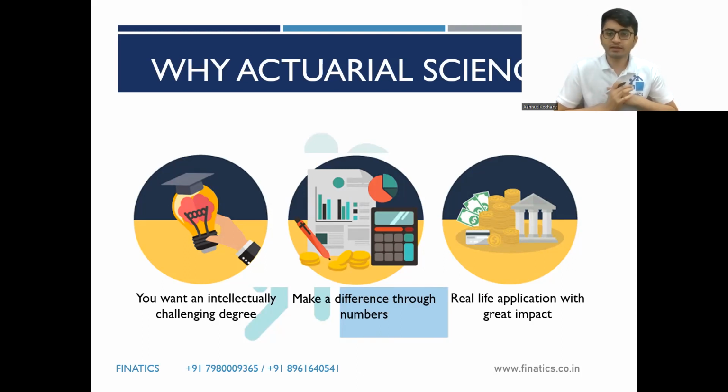Also keep in mind, even if you haven't had maths at school level, you can still start. I personally have had students who didn't have maths in class 11 and 12, yet they started pursuing actuarial science and made decent progress, clearing 6 or 7 papers. A few of them might have even become fellow actuaries, though none to my knowledge as such. It's just that if you have studied maths at school level, you already know the basics. If you haven't, you might have to separately devote some time to get the basics right, and then you will be in a position to start preparing for your actuarial exams.